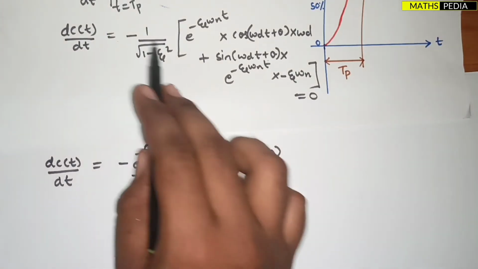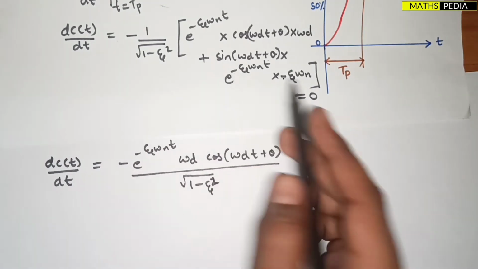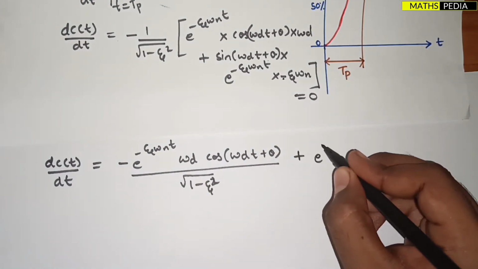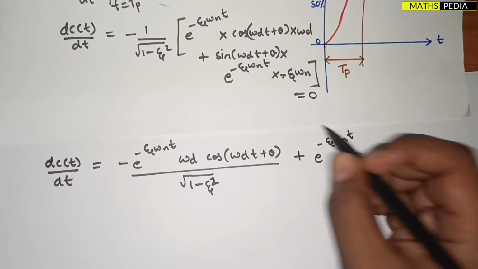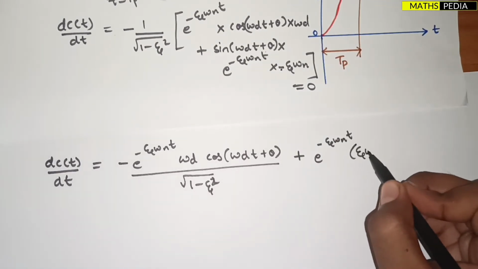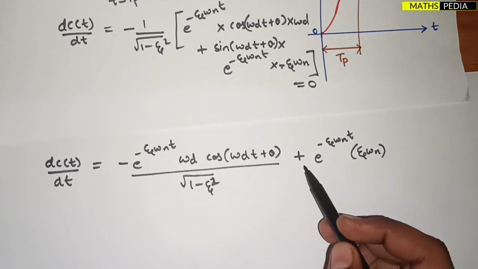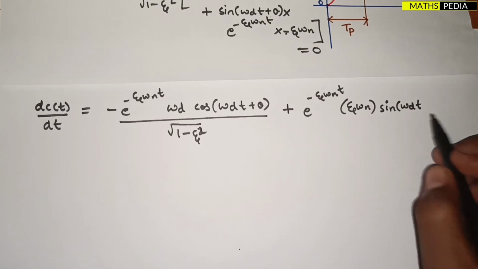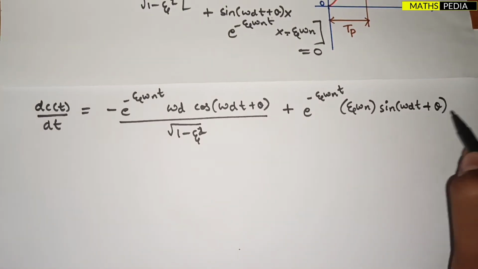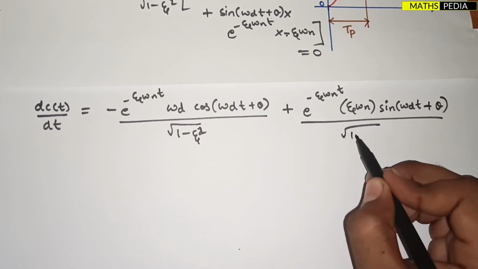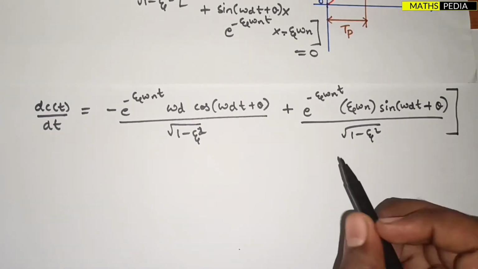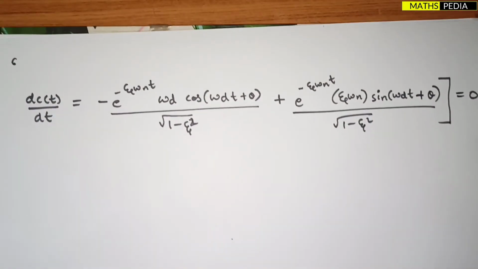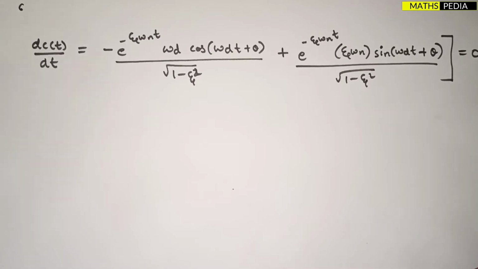Next, minus into here, 1 minus sign is there, it will become plus. You are just multiplying it, so e power minus zeta omega n t, then this part is there, zeta omega n, minus minus plus, that's why it is plus, into sine omega dt plus theta, divided by whole thing divided by square root of 1 minus zeta square. So this will be the whole thing which you have to equate to 0. Now the next part we can go for, that is after doing all this,